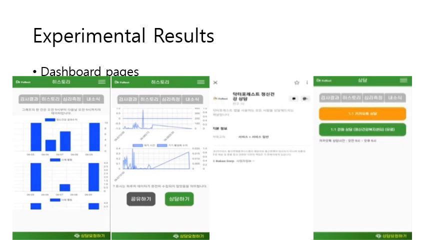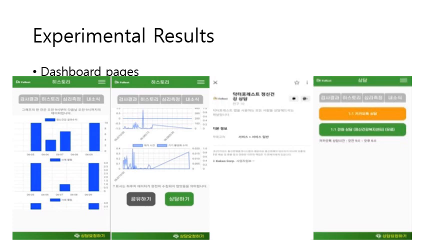This slide shows us dashboard pages and result pages. The dashboard continuously displays the data that this application measures every 15 minutes. We can continuously draw a graph using that data.